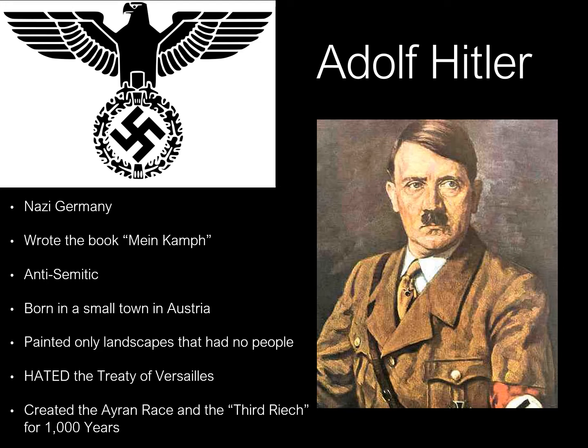He hated the Treaty of Versailles. He felt the government of Germany had betrayed the people, especially with the War Guilt Clause, Article 231, and the reparations. And he wanted to create the Aryan race, this so-called master race, and the Third Reich that would last for 1,000 years. But Hitler also thought that over 40% of people in Germany were unworthy of living.